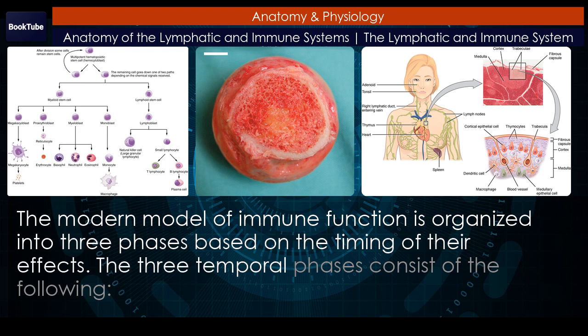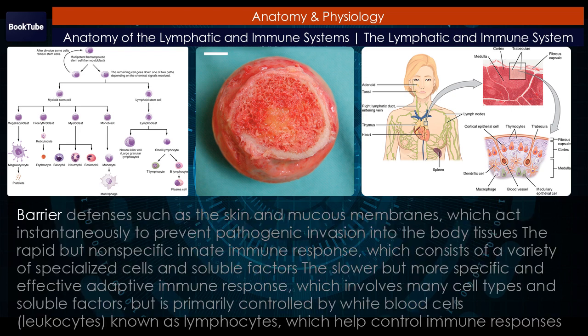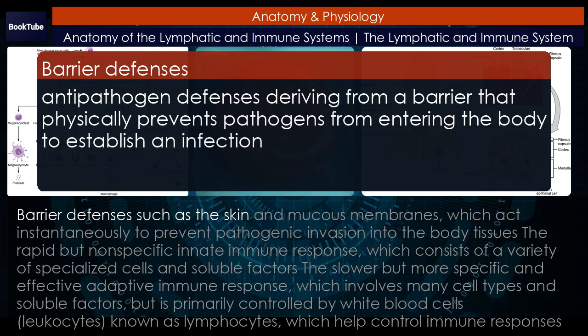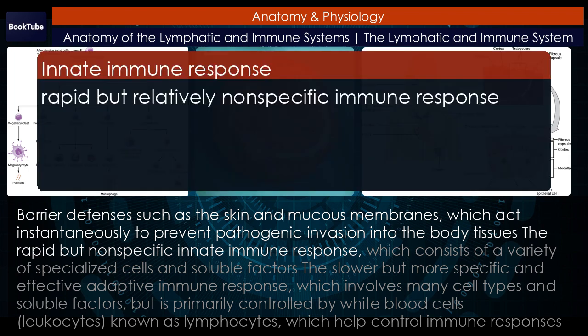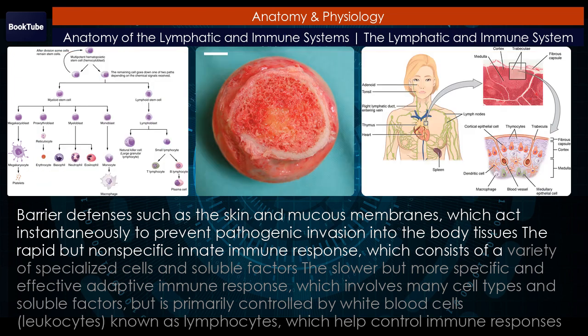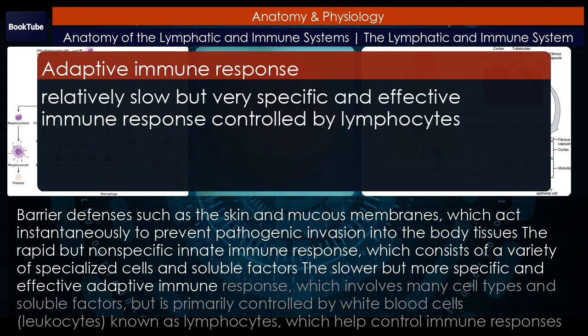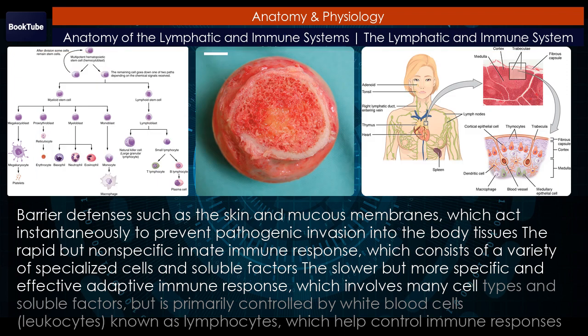The three temporal phases consist of the following: barrier defenses such as the skin and mucous membranes, which act instantaneously to prevent pathogenic invasion into the body tissues; the rapid but nonspecific innate immune response, which consists of a variety of specialized cells and soluble factors; the slower but more specific and effective adaptive immune response, which involves many cell types and soluble factors, but is primarily controlled by white blood cells, leukocytes, known as lymphocytes, which help control